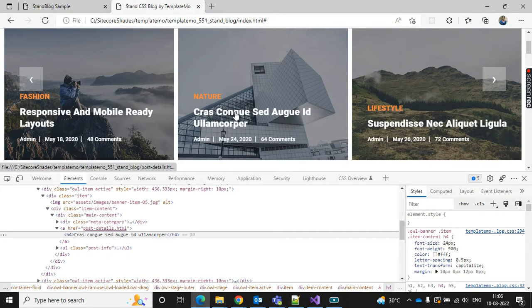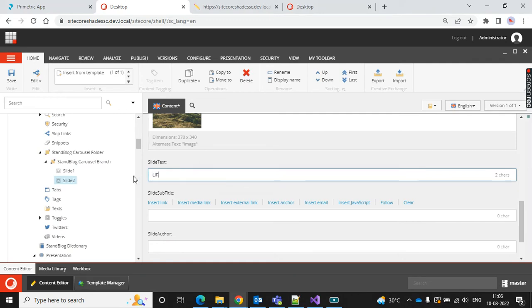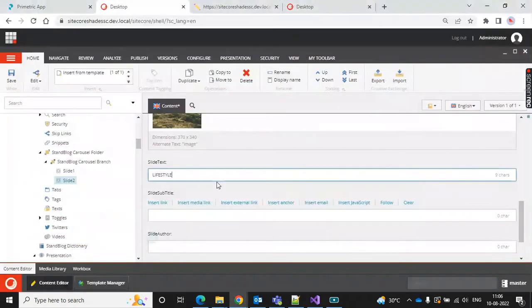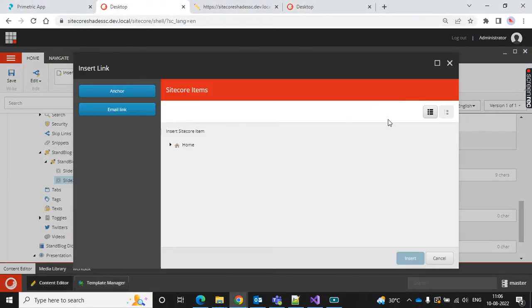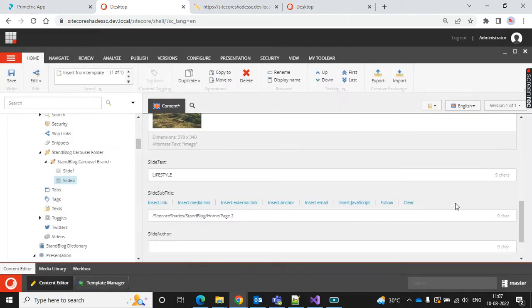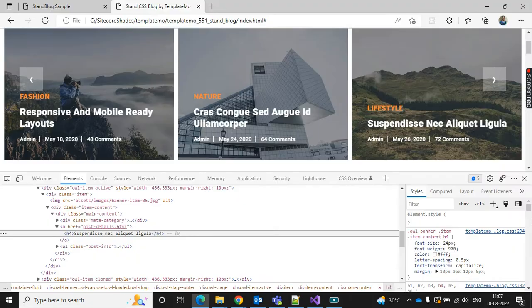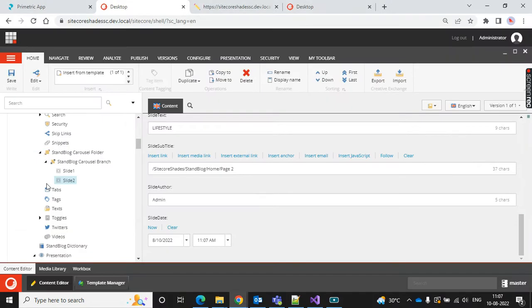And slide, okay sorry, the slide text is lifestyle, and slide text is this one. Settings and then home, and then slide author is admin, and slide date is now. Okay, I have created two slides, so